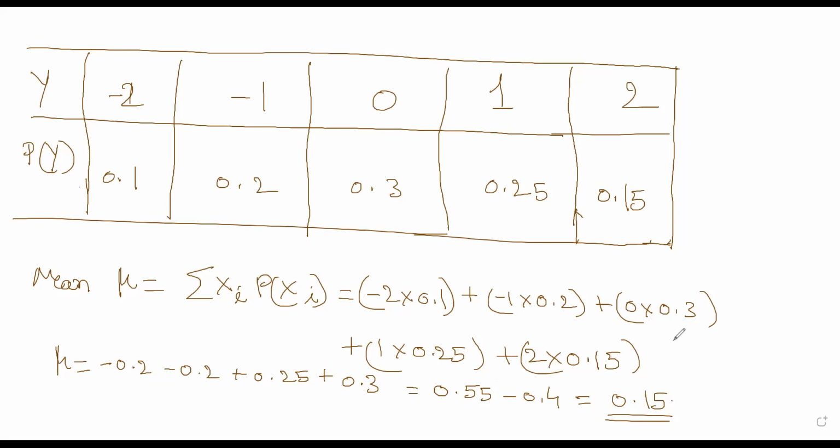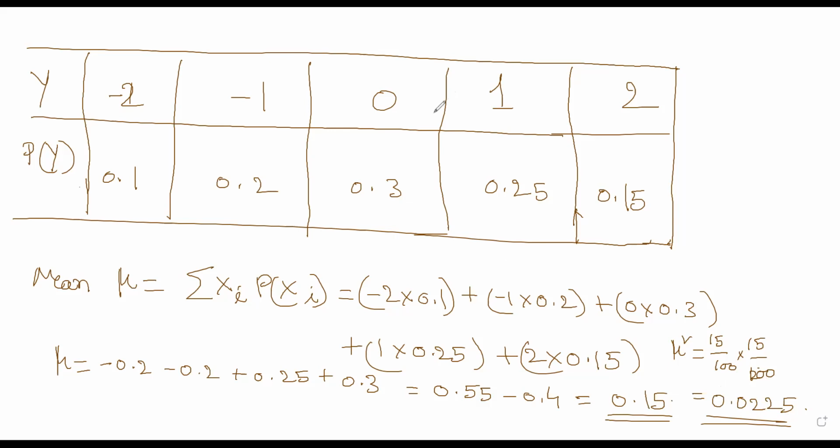Mean mu square you have to find. So that will be 15 by 100 into 15 by 100. I'll write it like this: 15 by 100 into 15 by 100. 15 square is 225, 225 by 10,000. So 0.0225. That's the mu square. Clear? Yeah. The mu square part is clear.